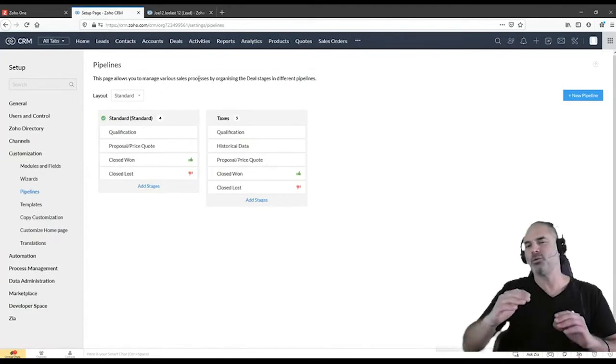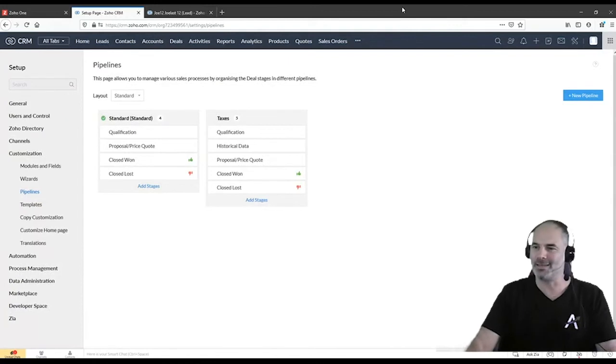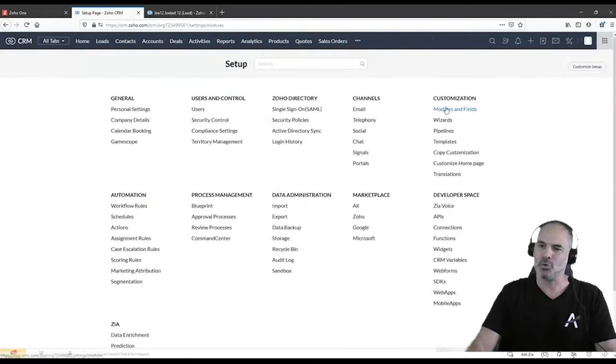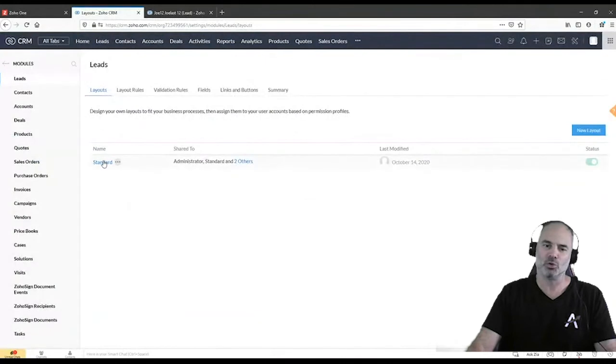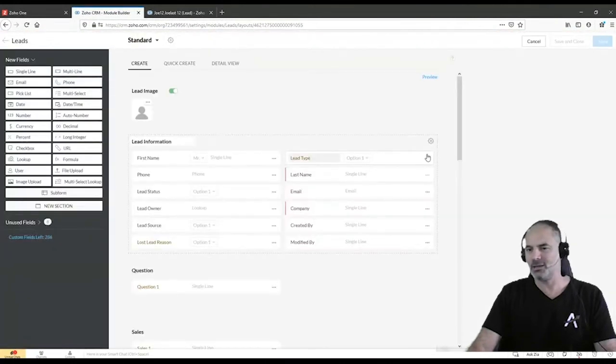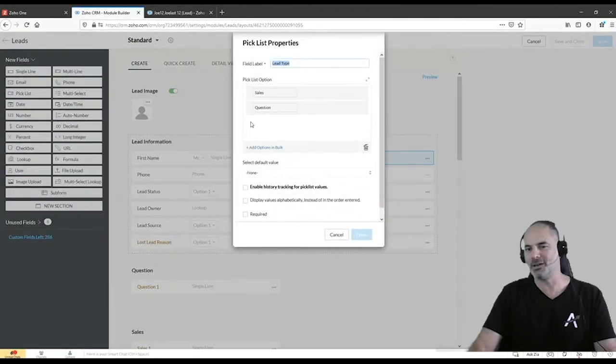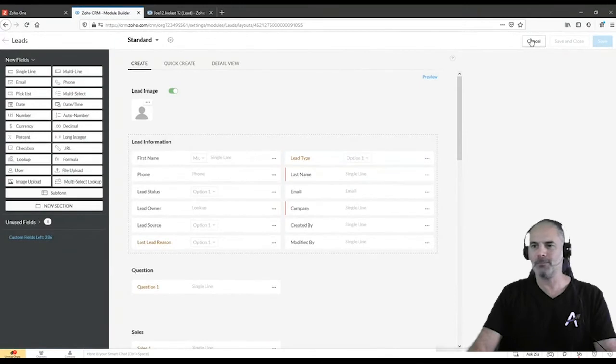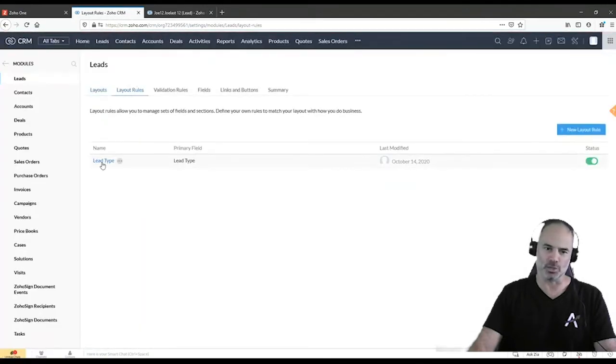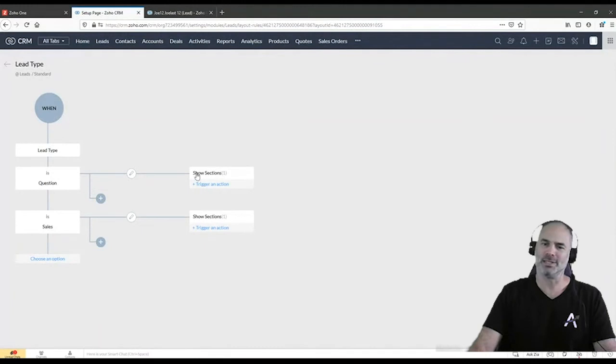Okay. Do the layout rules have it at the top? So let's say at the top of the module, you will have a pick list of deal type, and the deal type will have seller, buyer, and based on that, you're going to have layout rules, and the layout rule will display different sections. Perfect. Yes. If you do that, you're golden. That will give you the solution, and you will not have a problem with the limitations of the layout.